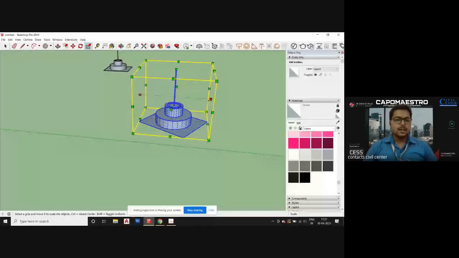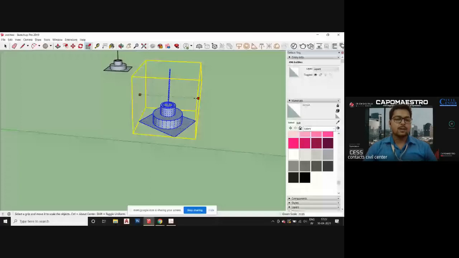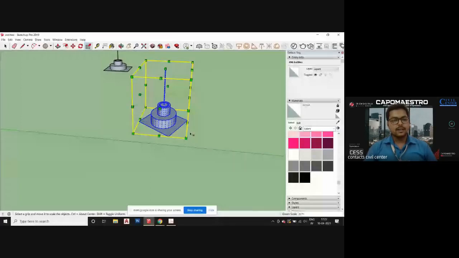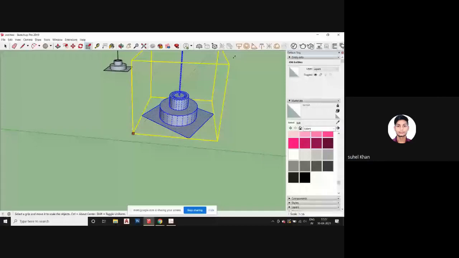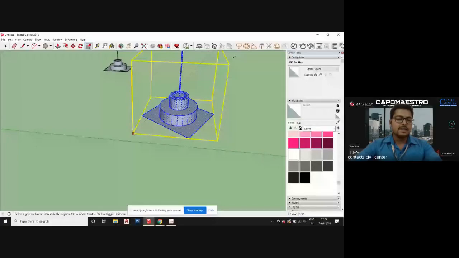So when you will grab any dot from the corner, then it will simply expand or shorten the image in that particular direction. Okay, so just grab a dot on the corner like you did previously on the corner of the cube, pull it outwards. Okay, and it is enlarging the image.